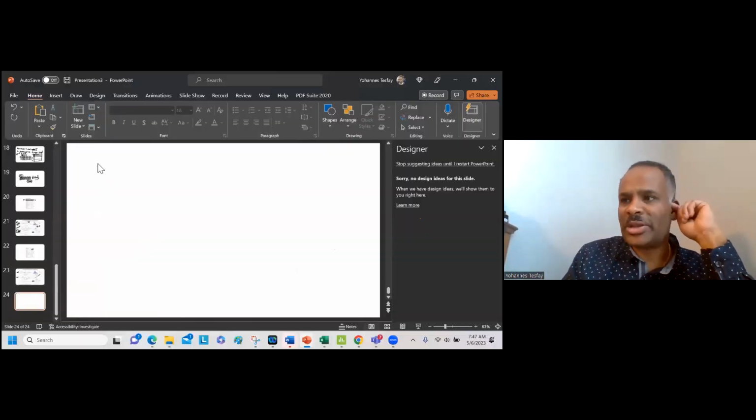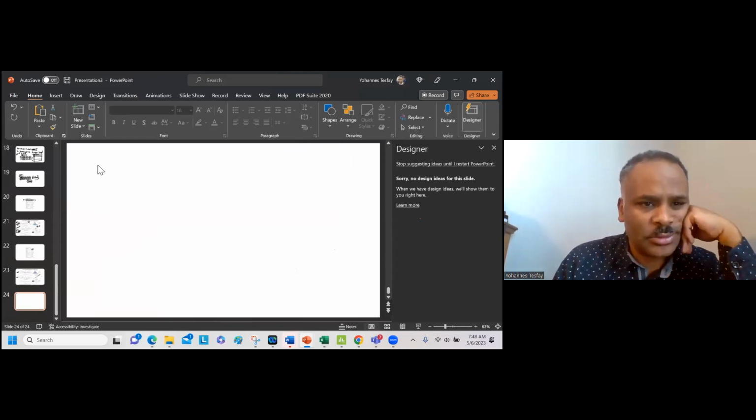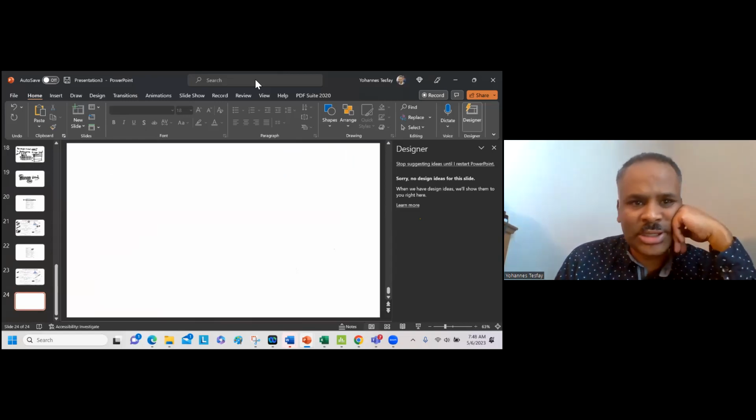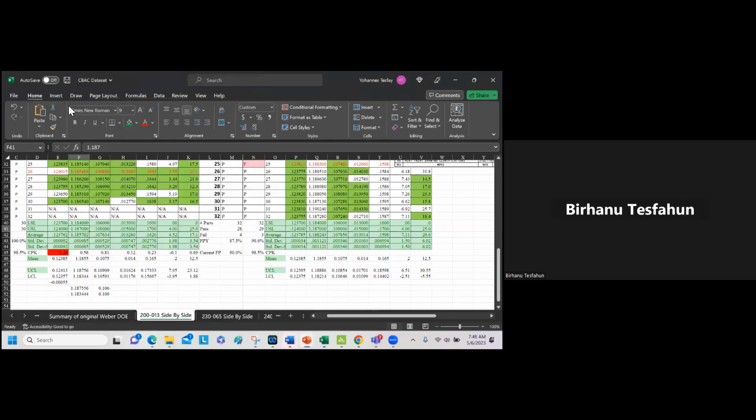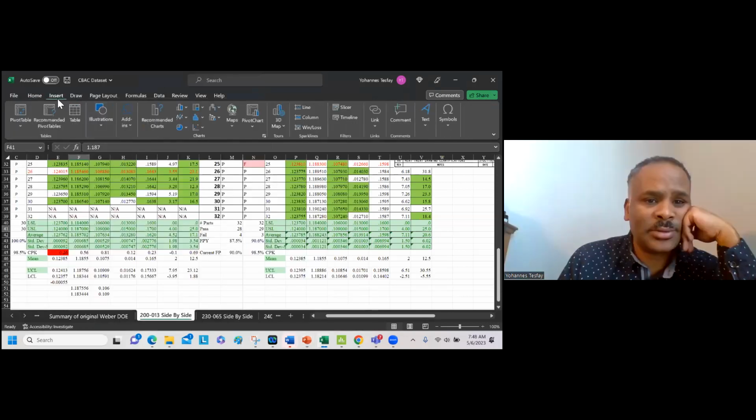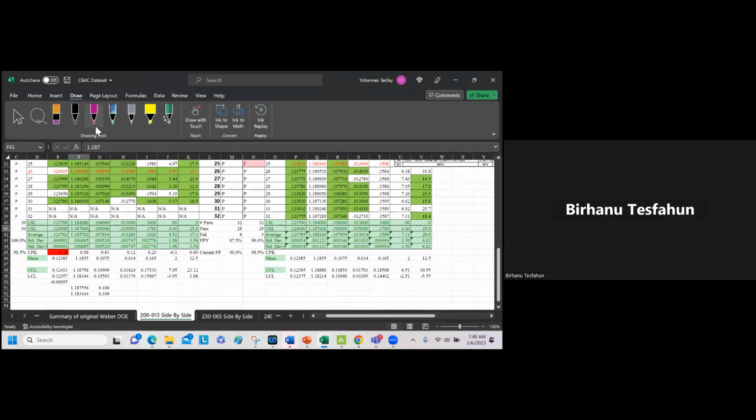When do you say the process is an incapable process? When do you say the process is an incapable process? When its CPK value is less than 1. Less than 1, yeah, but based on the